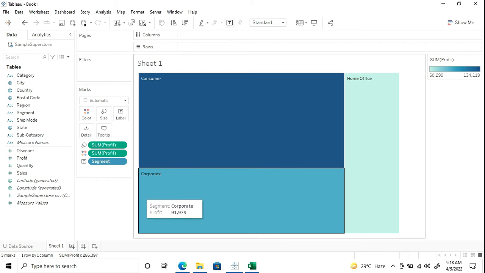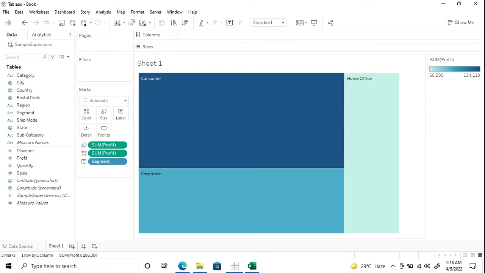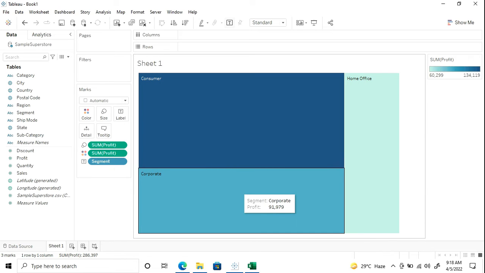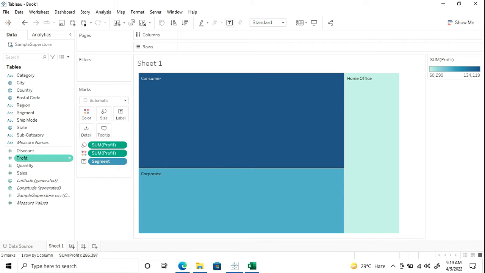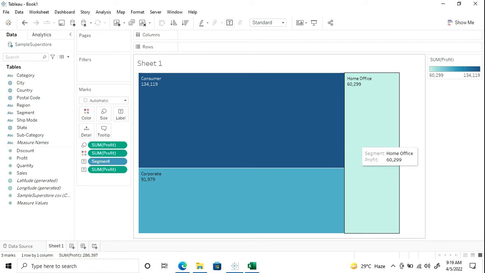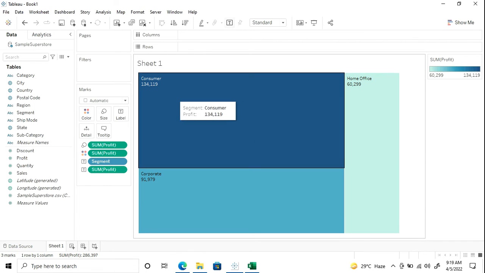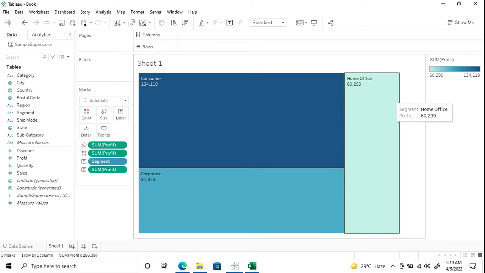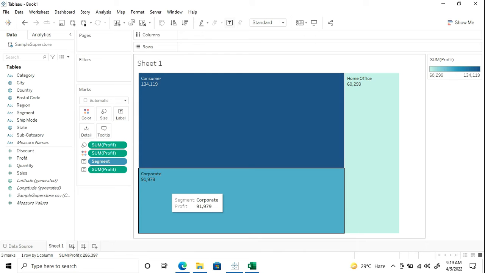Okay, so let's have some numerical figures also, like what are the exact numbers of profit that these segments are providing us. So we want them as labels. I'll just pick up this pill and drop onto the label, and it is giving me the labels also. As you can see, the bigger the box, the higher the profit, the smaller the box, the lower the profit. So consumer is providing me the highest profit, and home office is providing me the lowest profit, following the corporate, that is